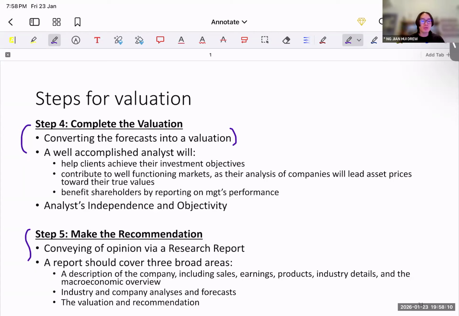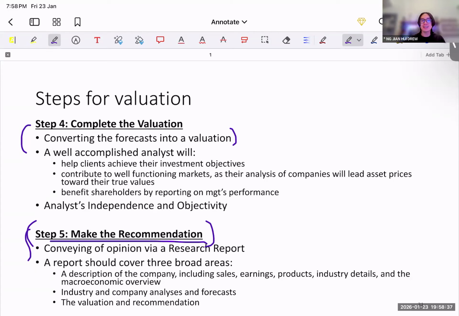There's an important point to make here: making a recommendation. In your assignments, in any valuation report, it's a report which should have a conclusion at the end. And this conclusion means that you must make a recommendation. You cannot do all the steps, the qualitative, the quantitative, a very fancy model, and then at the end, there's no recommendation. It's like, oh okay, the stock price is $50.